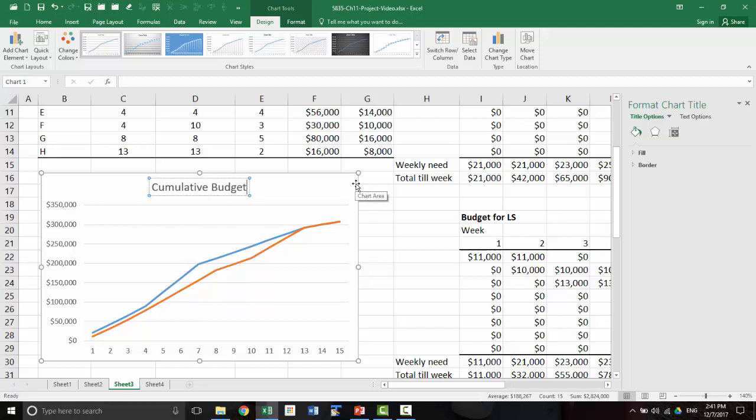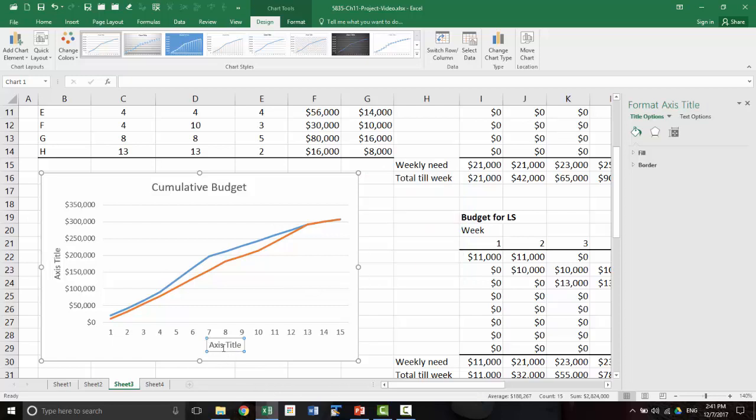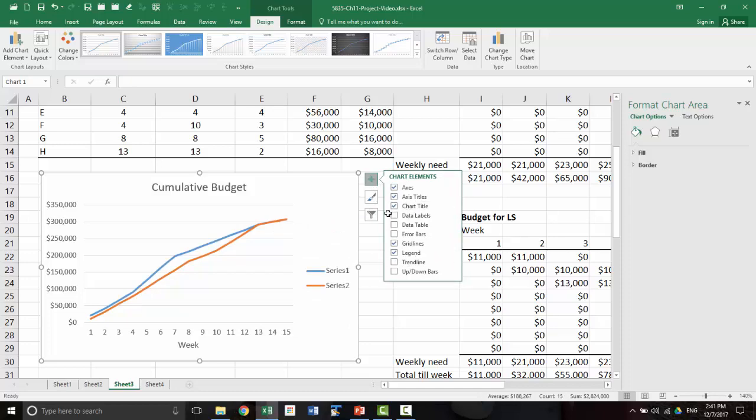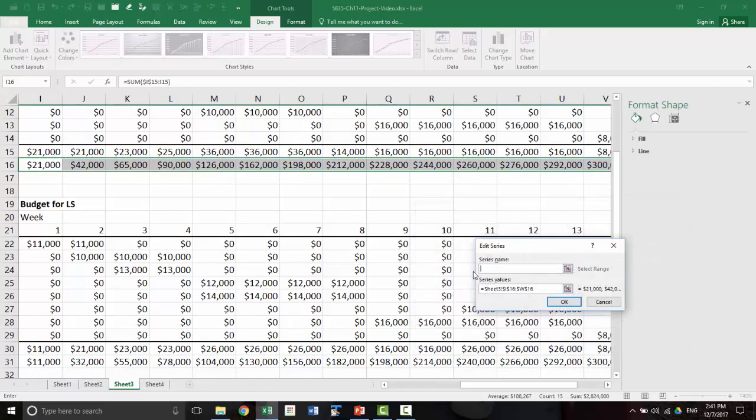And let's, axis title will be week. Okay, so we don't need that title. Let's have legend. Okay, and series name will be